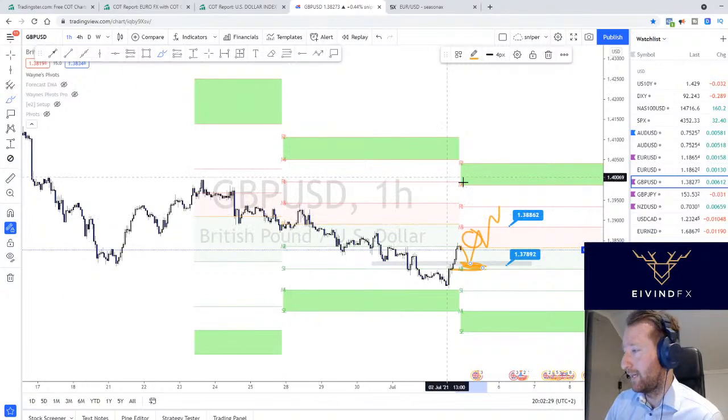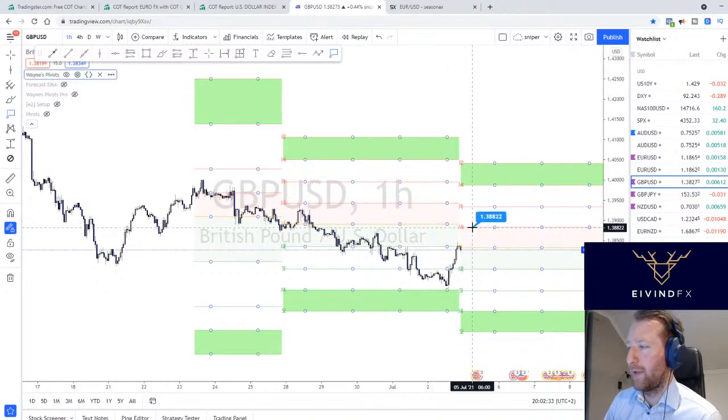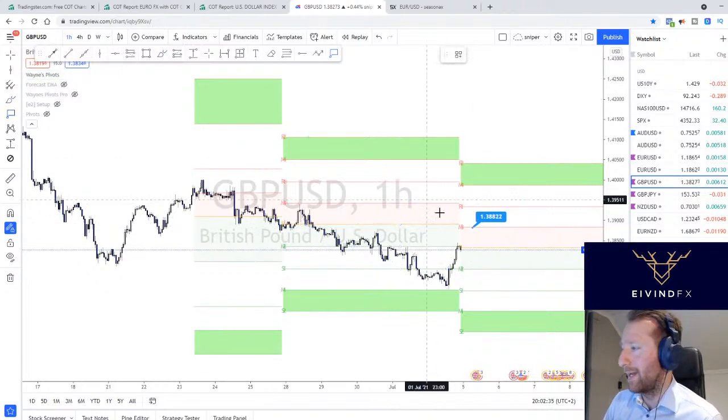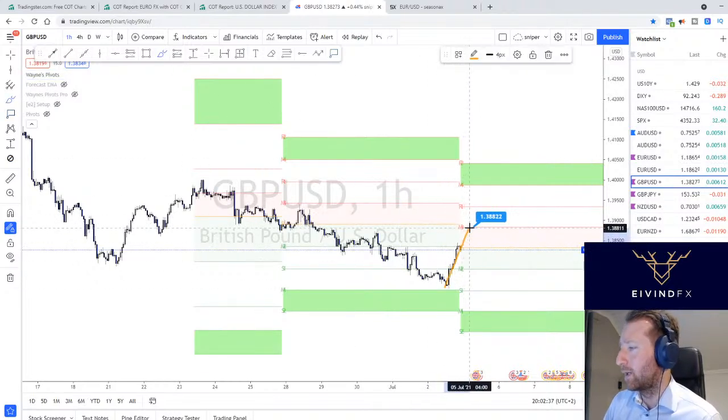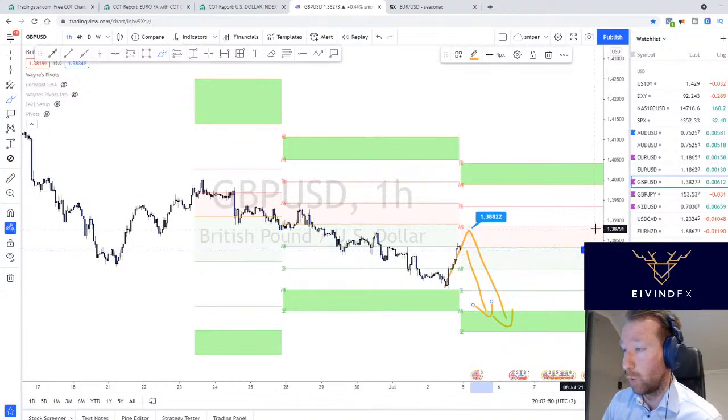The other plan here is for the sellers, and you guys are like, you said it's going to go higher, but why are you making some sell plans? Because somebody believes it, and it's absolutely valid. But I think it's going to go higher, so I'm going to trade that. Okay, cool.